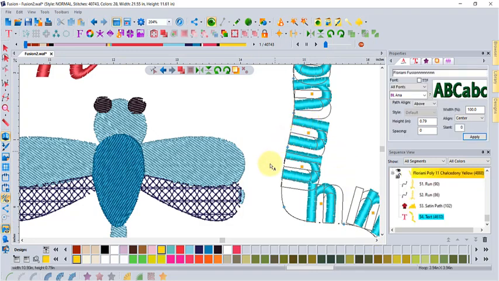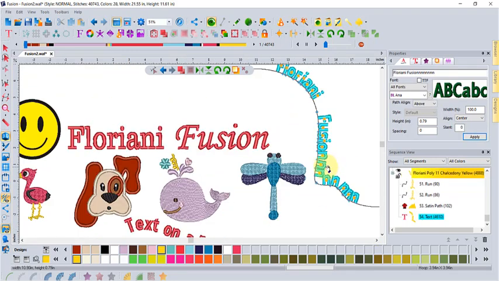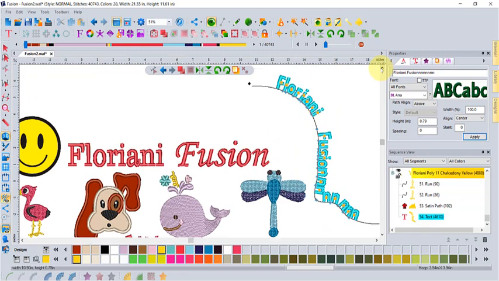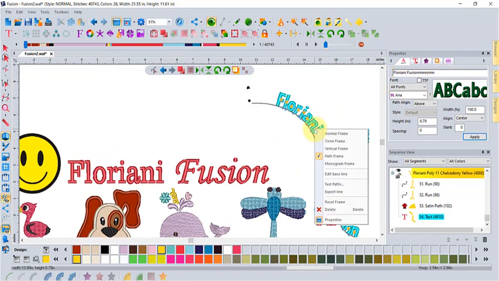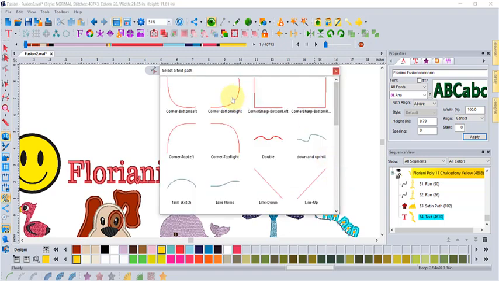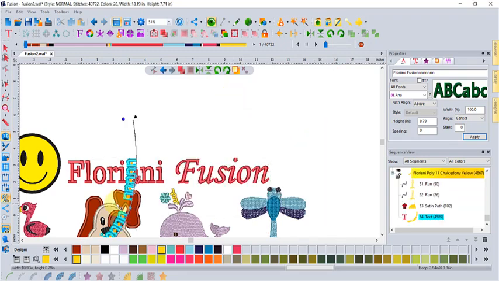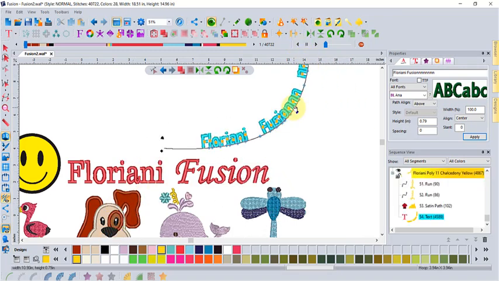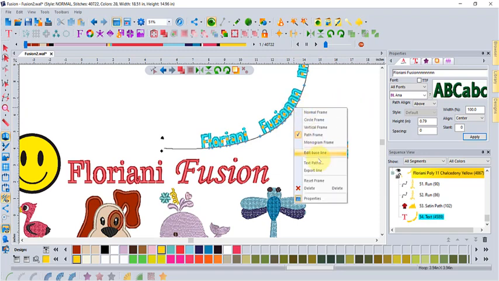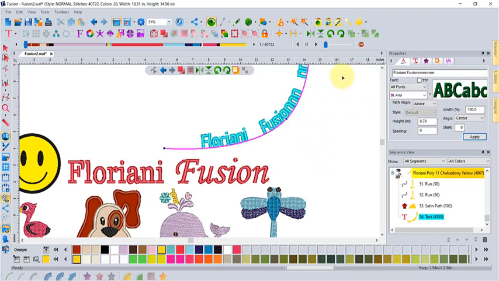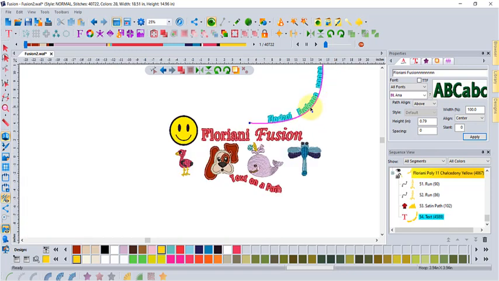And so this is the idea with the handles and the baseline, is that you can interact with it. And so once again, if you right click, you can choose a new path by clicking on text paths and then just select one of them. And once you have a path selected, you can interact with that text path by right clicking and going to edit baseline. And so now I have a more simple baseline that I could interact with. And as you can see, you can change the baseline. And then when you're done, you right click